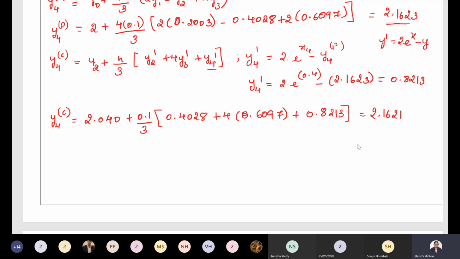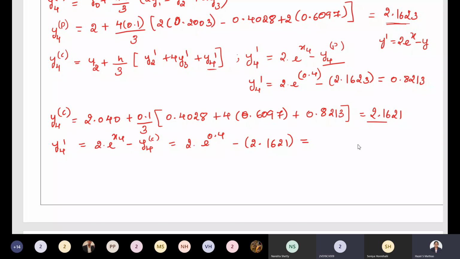Shall we continue? Everybody got that? Okay. So now remember that the corrector formula has to be applied twice. In order to apply the corrector formula, we need to find the value of y4 dash. y4 dash is 2 into e power x4 minus y4. Before we used the predicted value, now we use the corrected value. So it is 2 into e power 0.4 minus y4 corrected value. It is